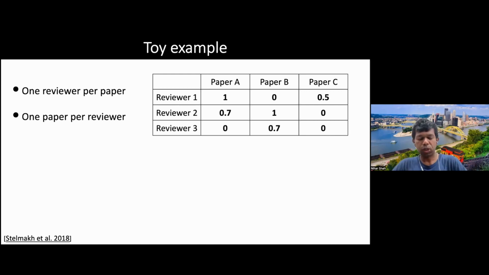Now, suppose you want to do what was done in the previous slide. That is, choose an assignment that maximizes the sum similarity. In that case, what assignment would that optimization problem choose? Can you think about it? What assignment will maximize the sum of similarities? You want to assign one paper to each reviewer and one reviewer to each paper, so that if you sum up the assigned SPRs, it's as large as possible.